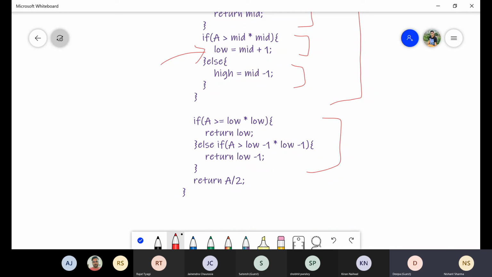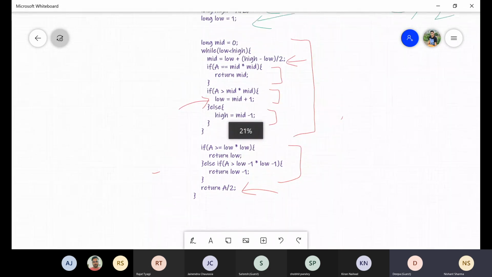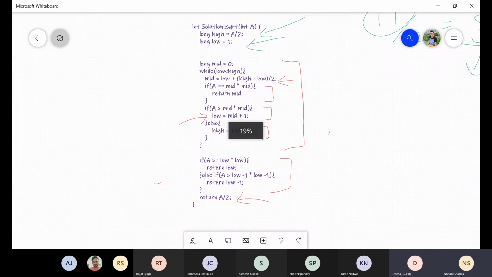There are also some cases where half of that particular number will be the square root, and then this case will work. That is just a default case. Let me make it small so that you can go through the complete code.